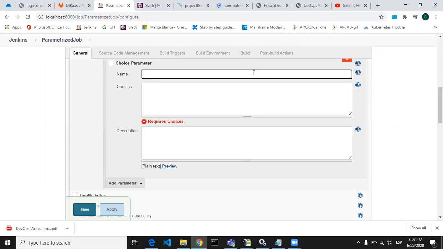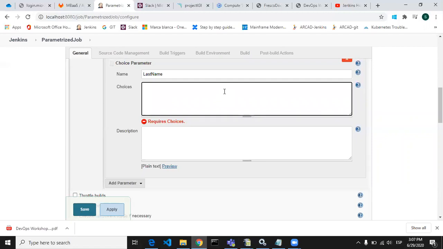So I'm saying last name, and here you have to put your choices, just like Deshmukh, then Rathod, say Dave. Okay, so these are the 3 last names I have taken.